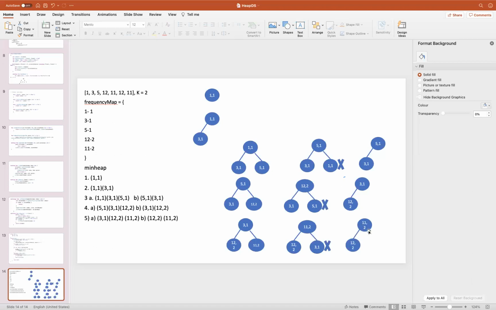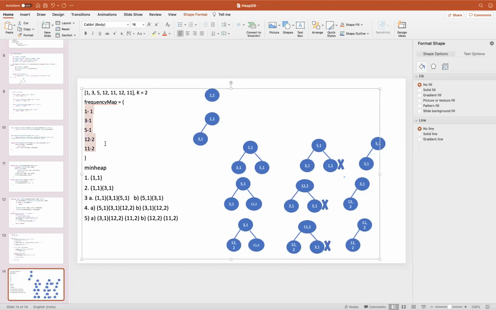So we reached a position where every element in the frequency map has been iterated. The final output, whatever is present in my heap, will be my result, which I have to return. This way we can solve this problem.